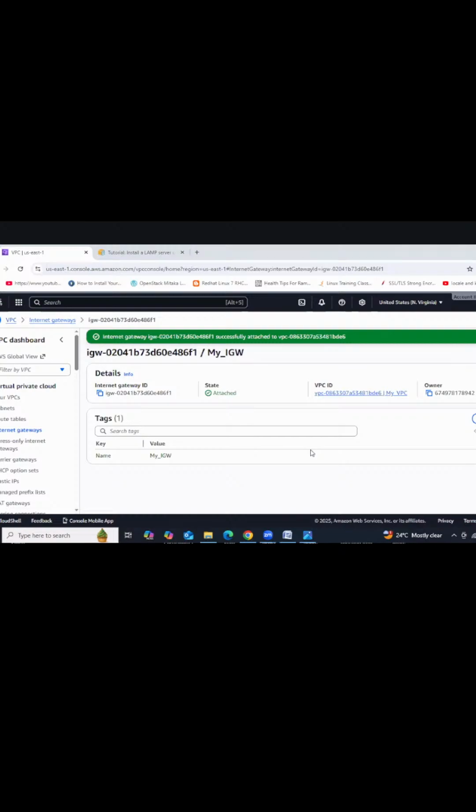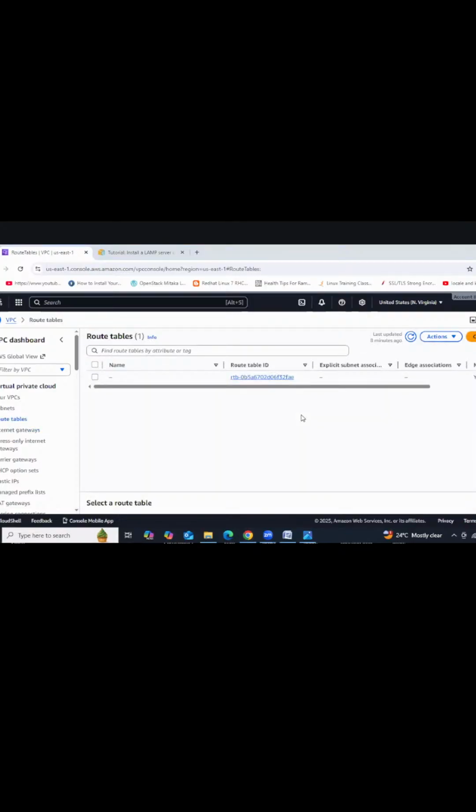Without communication, we are unable to send the request of our resources from VPC. We are unable to access, right? So third step also got completed. Then coming to the fourth step, route table. Automatically, one route table is going to be created by default. But at present, you are at a very initial stage. Don't use the default route table. Create your own route table.